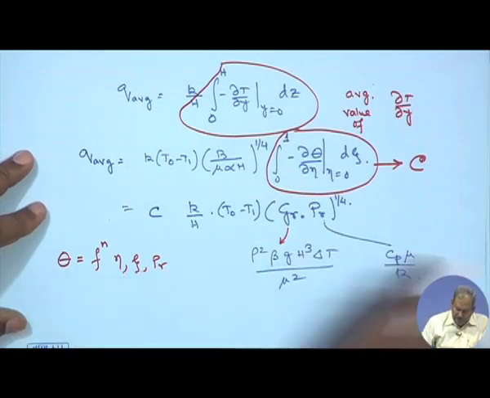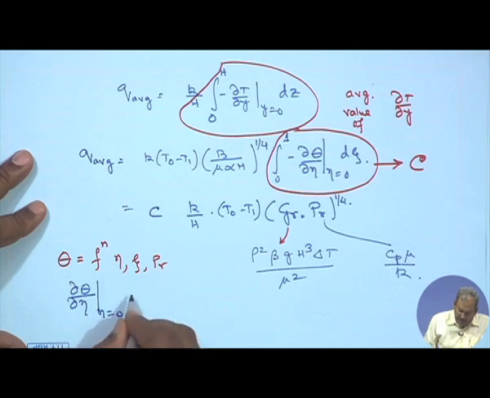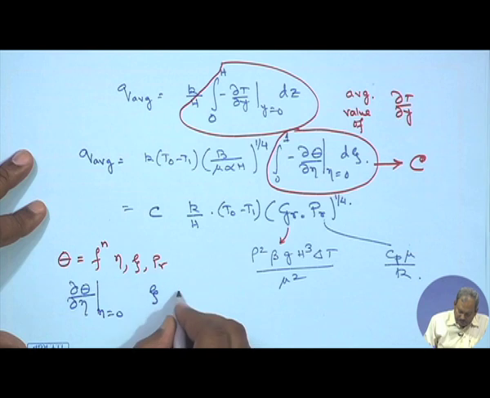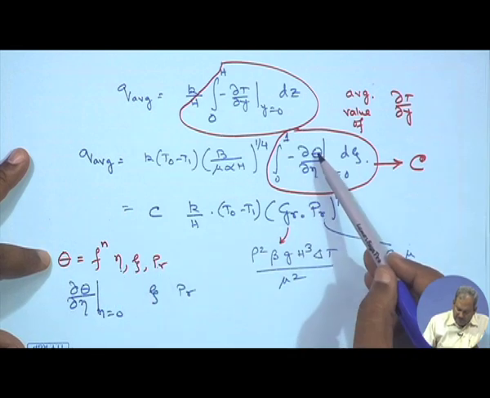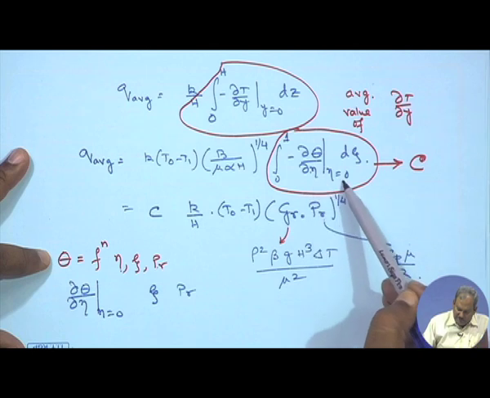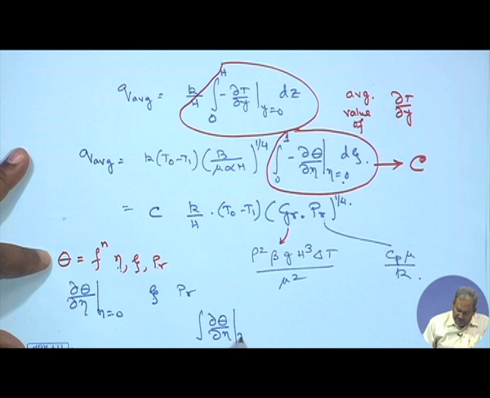So, if theta is a function of eta, zeta, and Prandtl number, del theta by del eta at eta equals 0 will only be a function of zeta and Prandtl number. So, if theta is a function of eta, zeta and Prandtl number, then del theta by del eta evaluated at a specific value of eta will no longer be a function of eta, it is only going to be a function of zeta and Prandtl number. What we are doing is integrating, it is a definite integral from 0 to 1